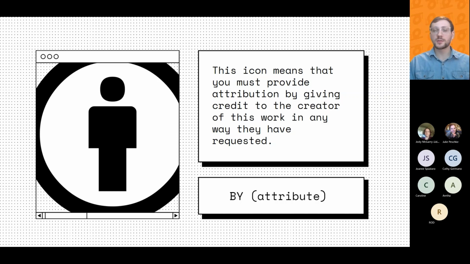But for most things, one of the most common and widely used licensing systems is Creative Commons. It's a set of licenses that help creators clearly specify how their work is to be used, and it's all within existing copyright law.